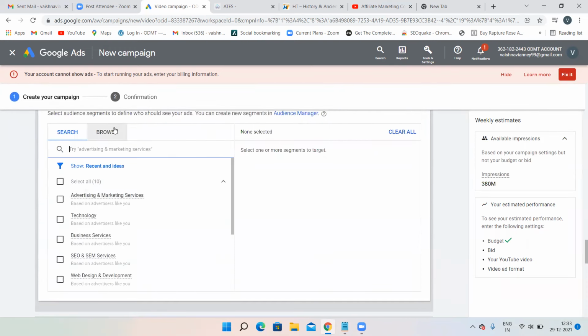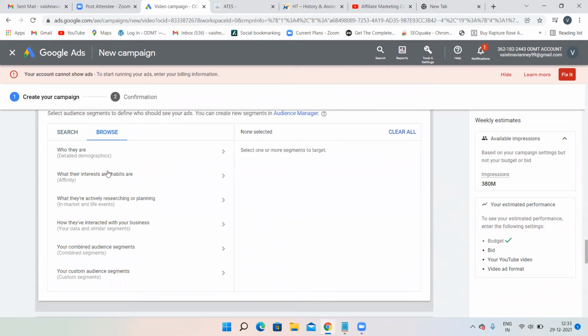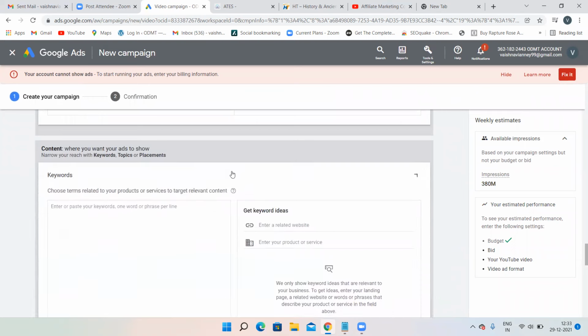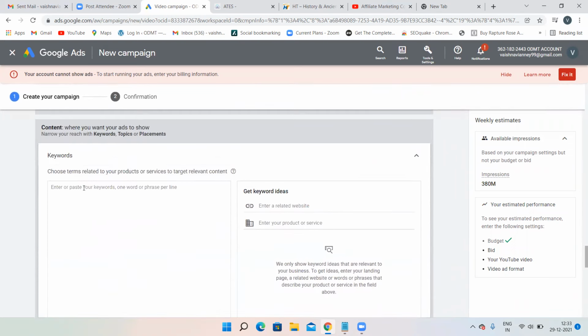Then comes audience segments. Same like display network. Click on browse: detailed demographics, affinity, in-market audience, and everything. Then keywords again, which is similar to display network. There you are telling whoever has content regarding these particular keywords, I want my advertisement to appear over there. Here you are telling whoever has a video regarding these keywords, I want my advertisement to appear over here.